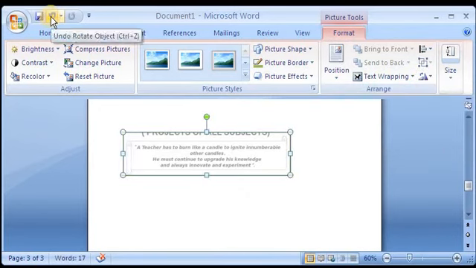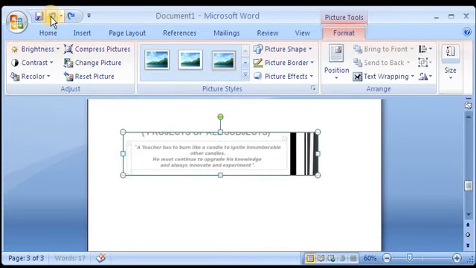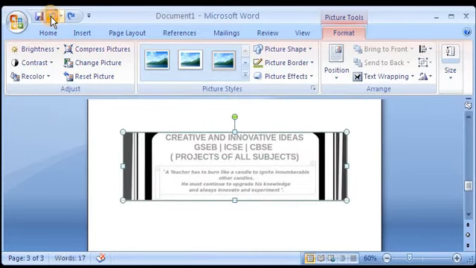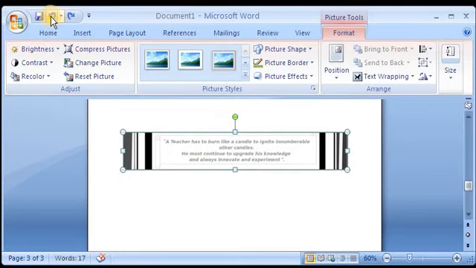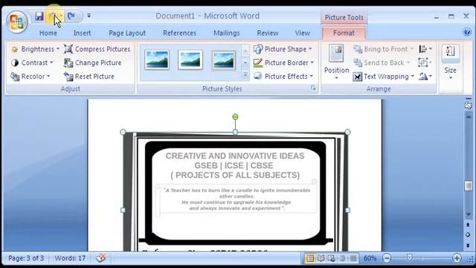Again I am pressing undo. If I committed any mistake and I want to go back, then the undo button is there. It will move step by step back through whatever steps I have done. Now, say for example, all these steps I want to go back. But the last step I have undone, that I can redo.